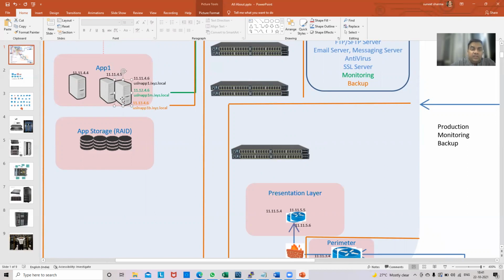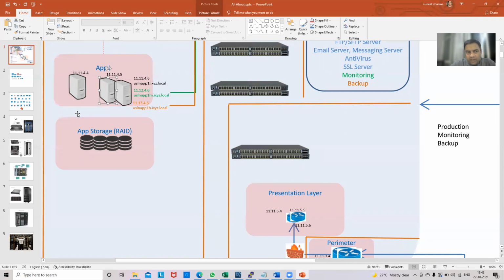We can connect it to a shared drive and put all of our data over there, and as soon as 4.6 takes over, it picks up all of the data from there and starts communicating on behalf of 4.5. Similarly, we can put all of the data into the database,